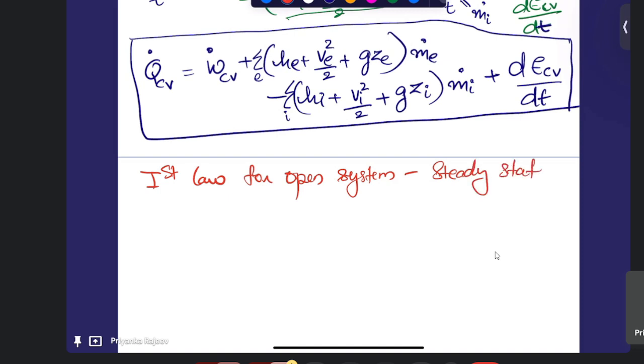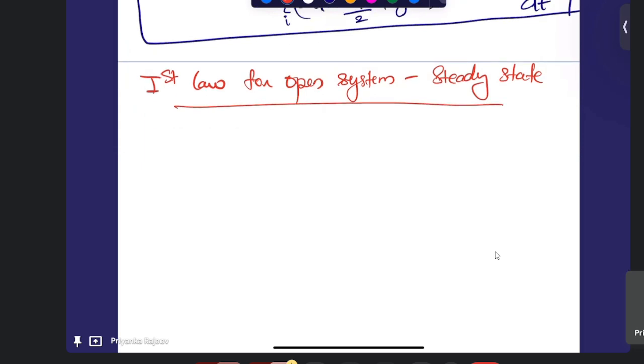Okay, in steady state, every problem starts with conservation of mass. Then we will go for conservation of energy, that is the first law of thermodynamics. So for conservation of mass, what we have learned, conservation of mass or the continuity equation, it was like